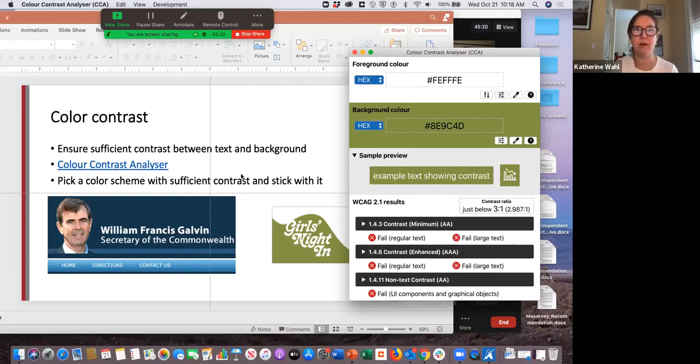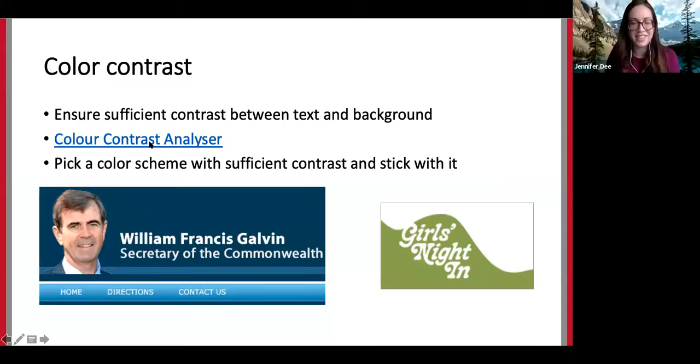So I'm going to stop sharing and turn it back over to Jen. All right, thanks, Catherine. Yeah, so we kind of get our confirmation there. I think for me, just looking at it, I see that light blue and white and I think, yeah, no way. And as we can tell, that one's pretty far off. And then when we see the white and the green, that one was where we felt a little more questionable. I was like, I don't know, I'd like to check. So we kind of get our confirmation there.